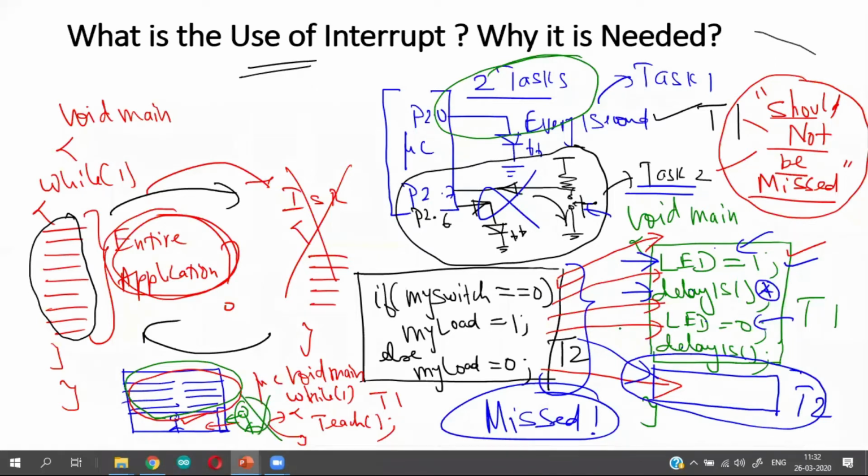If I don't pay attention to that particular information, it may be lost. In this case, the switch pressed by the user is totally lost because the microcontroller is not paying attention to it. Just like that, if I don't pay any attention to the external person waiting to communicate some information to me, that information is totally lost. Once and for all, I may not be able to retrieve it back. So this is a tricky situation for me. I have to continue taking my class. That is my priority. At the same time, I should be able to access information from the outside world also, so that the information is not lost permanently.